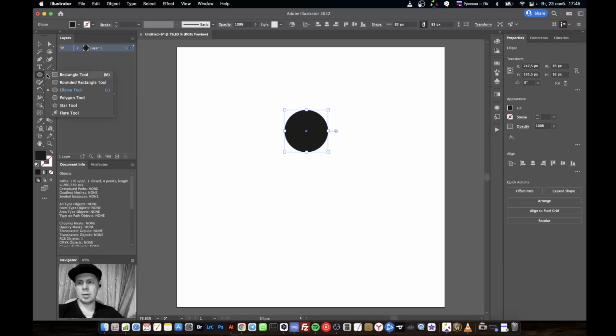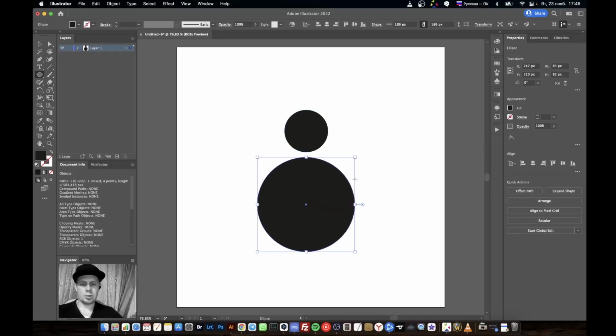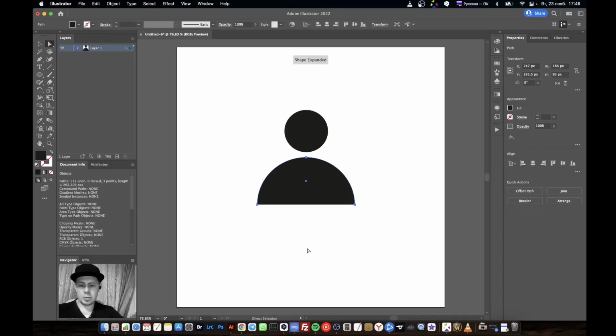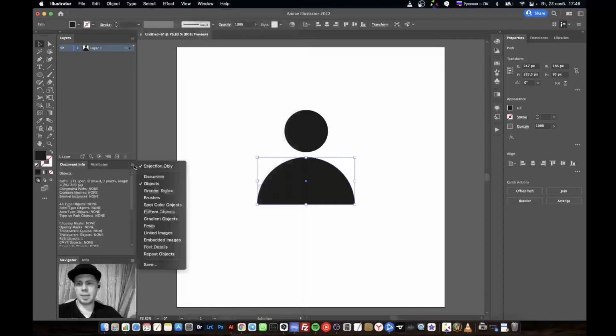Then, with the ellipse tool, the left mouse button, and shift and option, or alt on Windows, make this one. It will be the body of our person. So next we need the direct selection tool, hotkey A, and select this dot on this round and push backspace on the keyboard. So this is the body of our person, but if you open Window, Document Info, in Objects you can see that